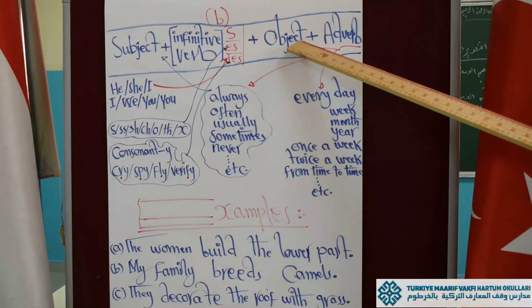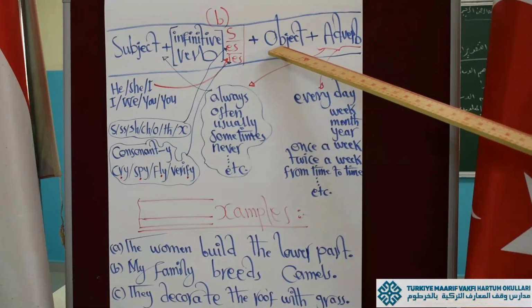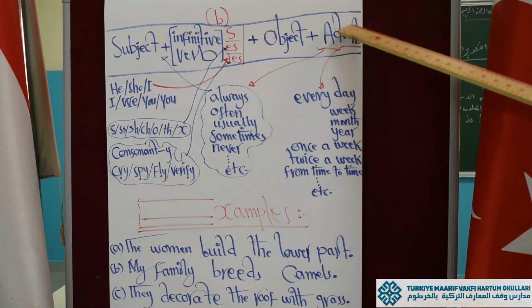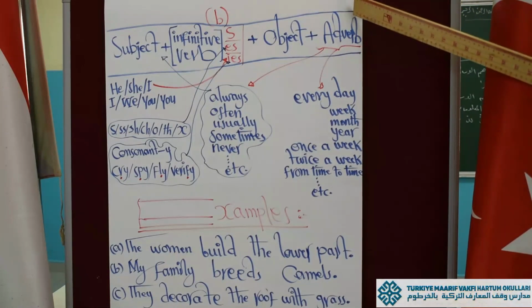An object is not a basic part of the sentence. We can find it or not. It can be a noun or pronoun. Finally, we find the last part, which we call it